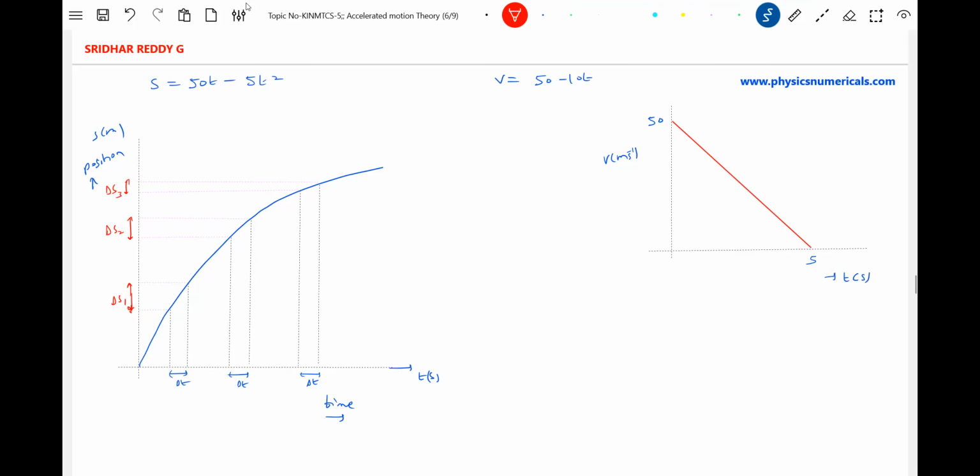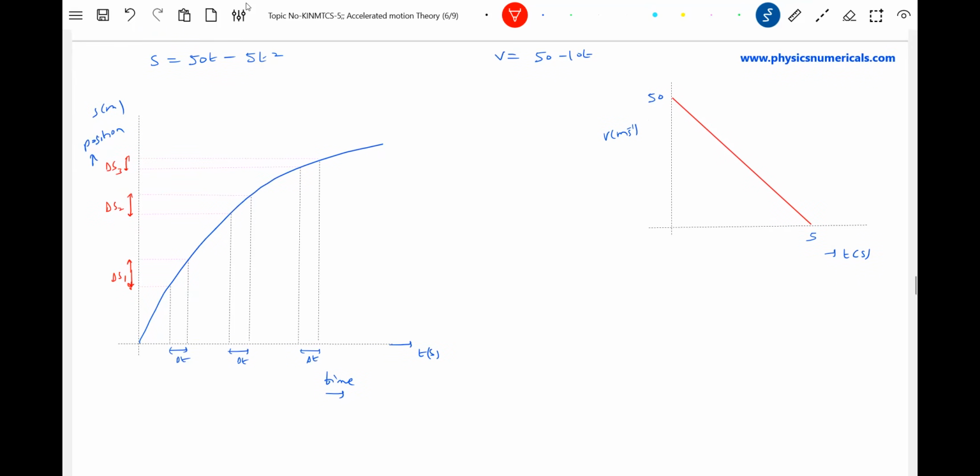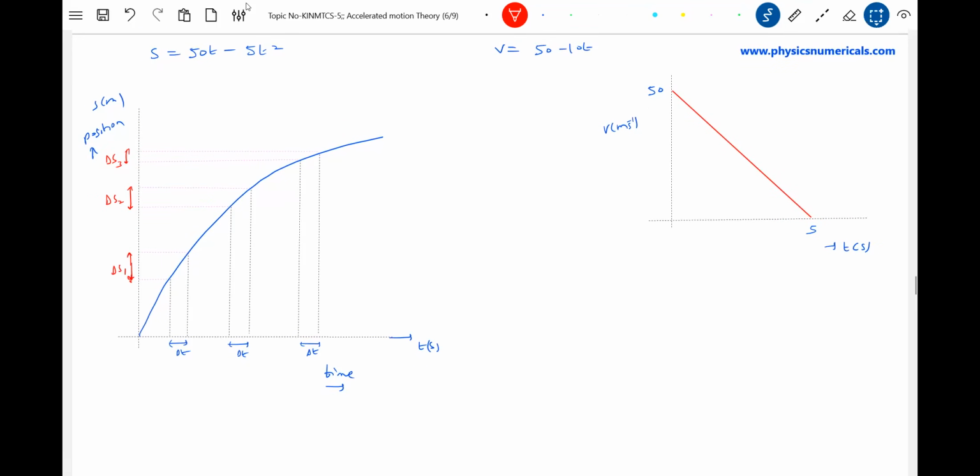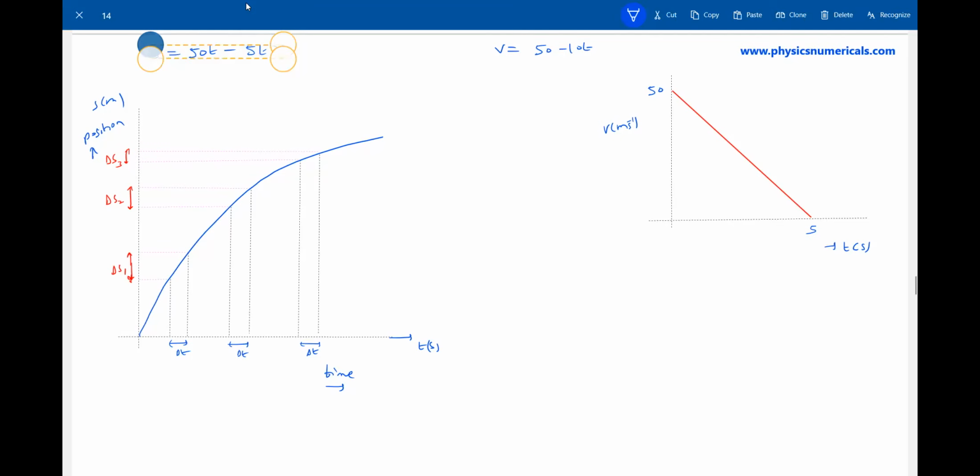So what we can say, for equal intervals of time, the distance covered decreases in retarded motion. What is the first statement we can write? In retarded motion,